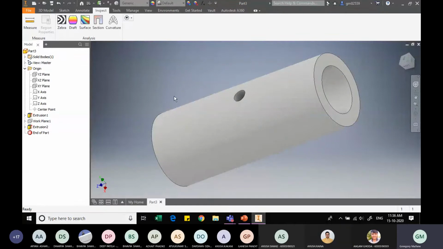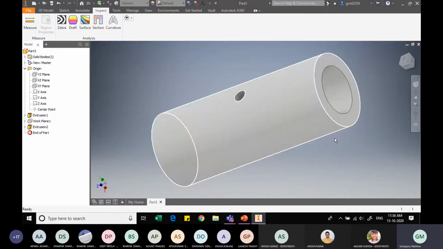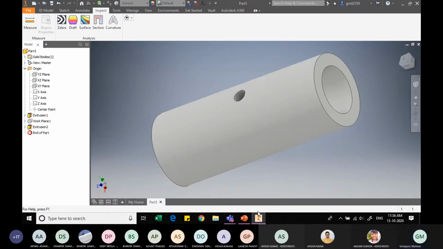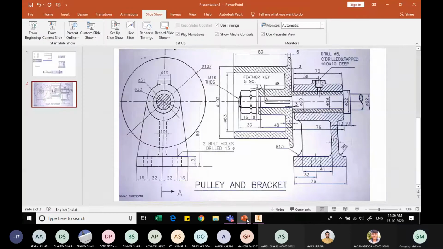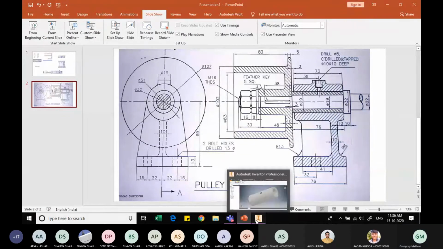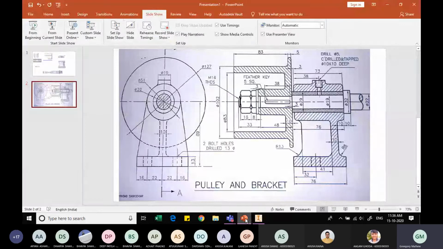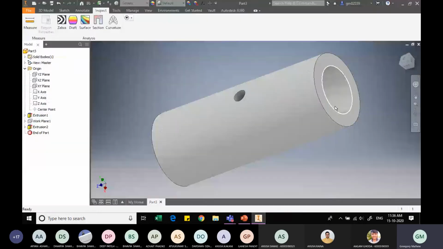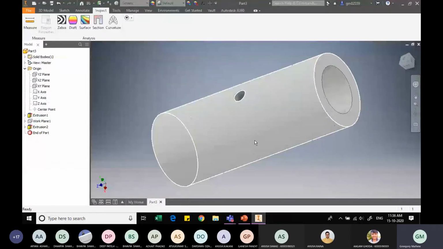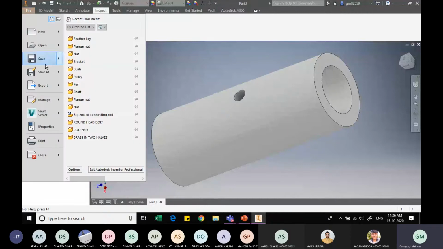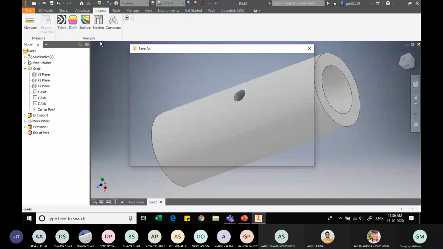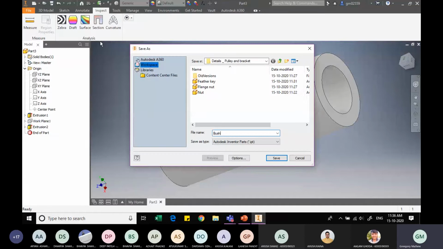So I can just use this to cross verify. It's a simple command which you can practice more by exploring whenever you are making components. You can just use this measure command later on to see how it is. So what is the dimension of the hole? The hole is 5 mm. And the height is not given. The only thing is it is starting from the top and it is to be intersecting this inner surface. So that's it. We go to File, click on Save As, and I will save this component as bush.